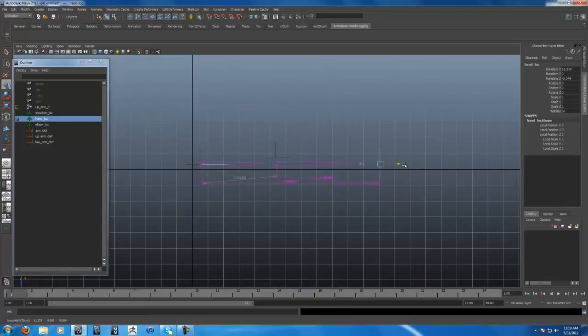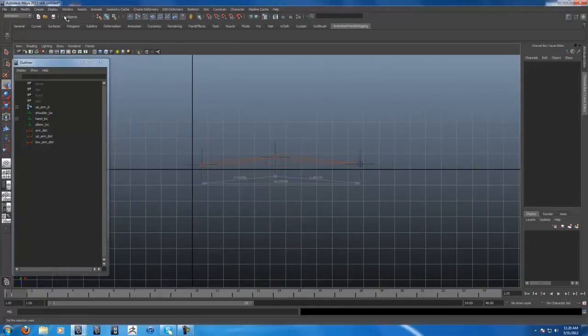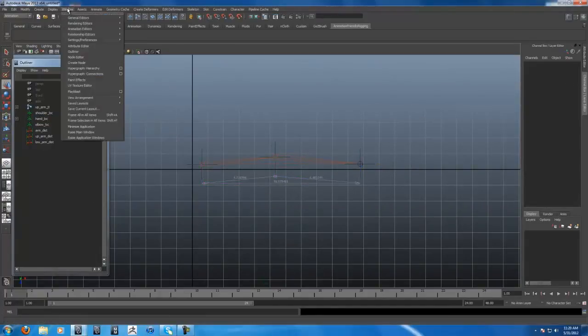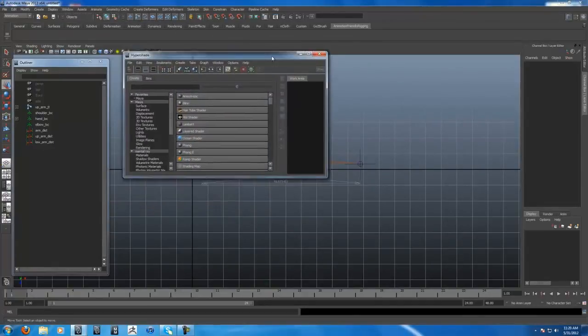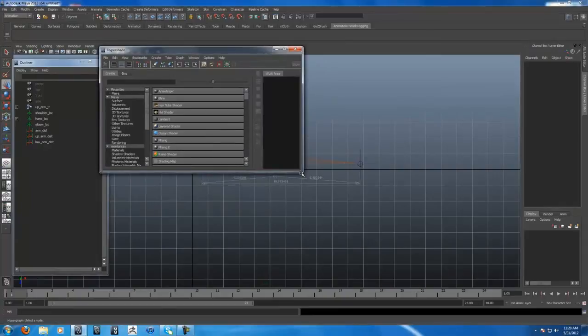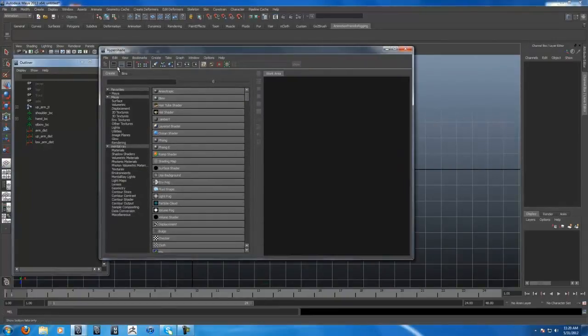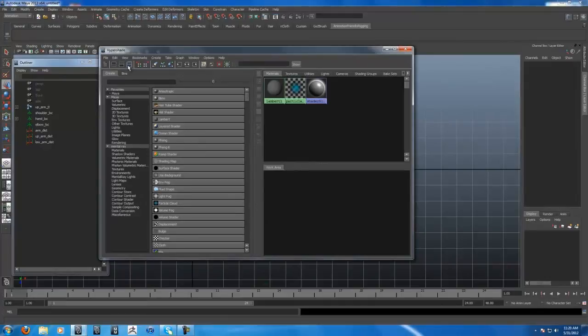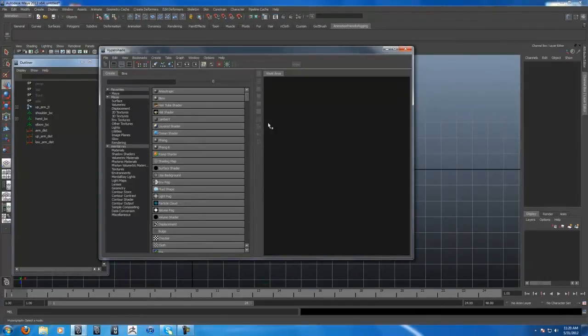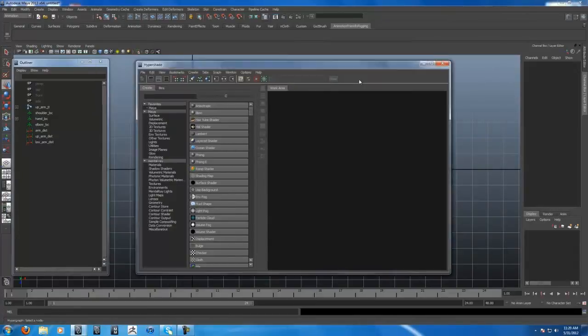As you notice, it doesn't stretch. So let's go ahead and set up the stretch. Alright, let's go into our hyper shade, and let's show just the work area. Alright, we need